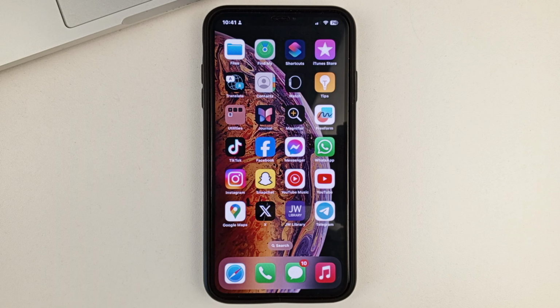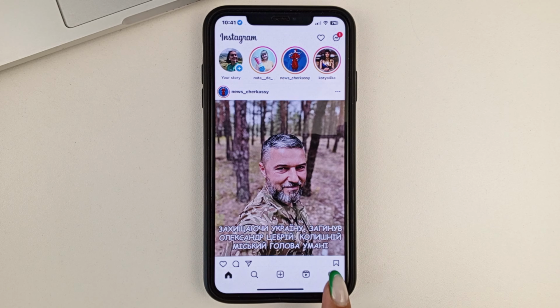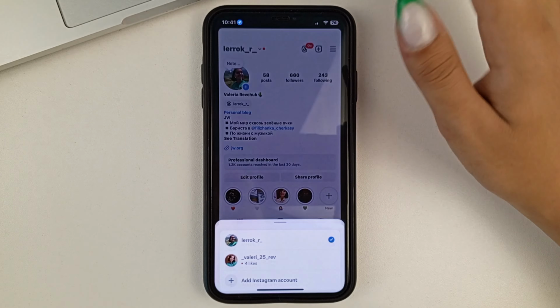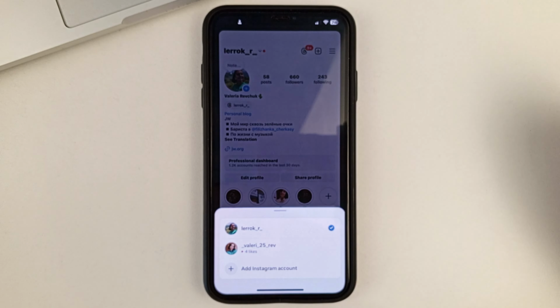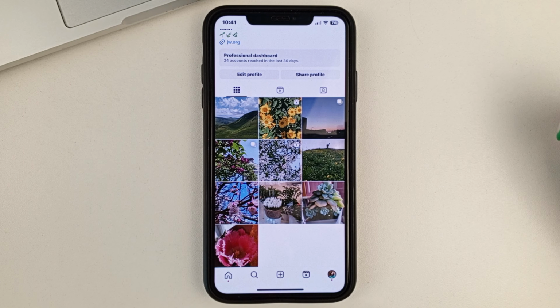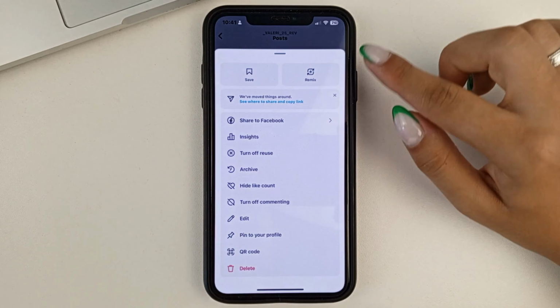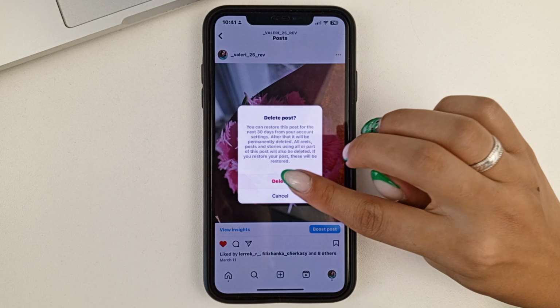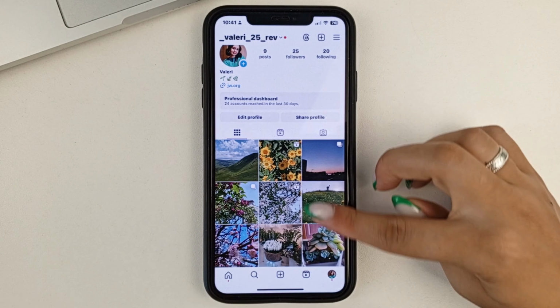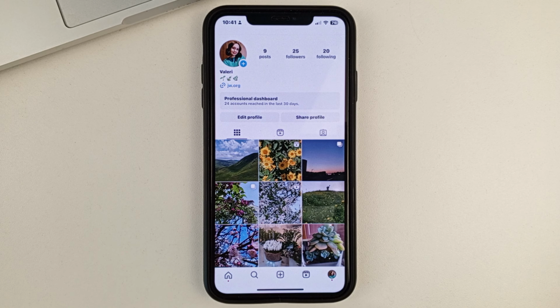So, let's get to our topic today. Let's say I'm about to delete a post from my page, and I'm going to show you how to easily restore it. So I'm deleting it, and now as you can see, it disappears from my feed instantly. And in order to restore it,